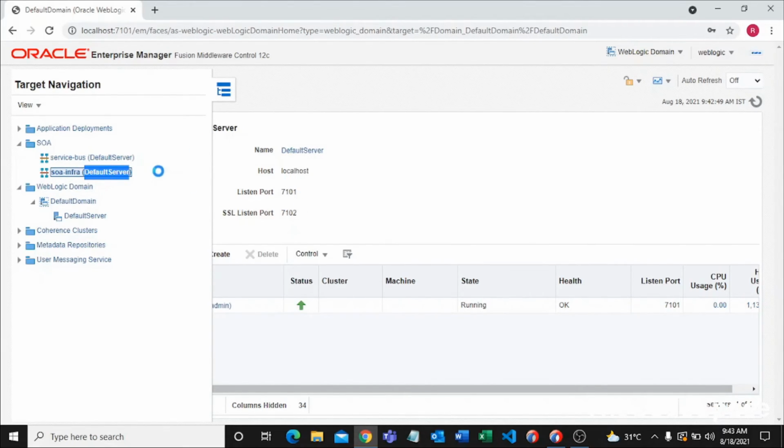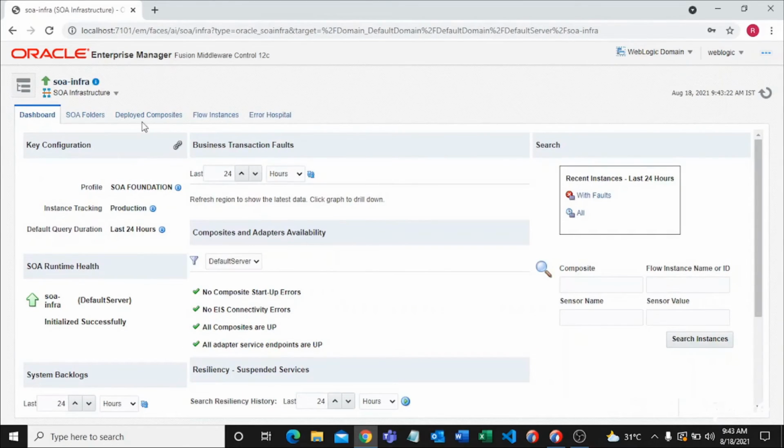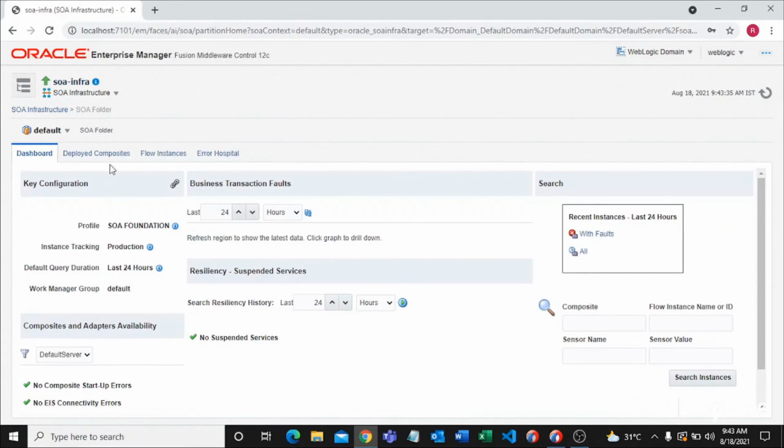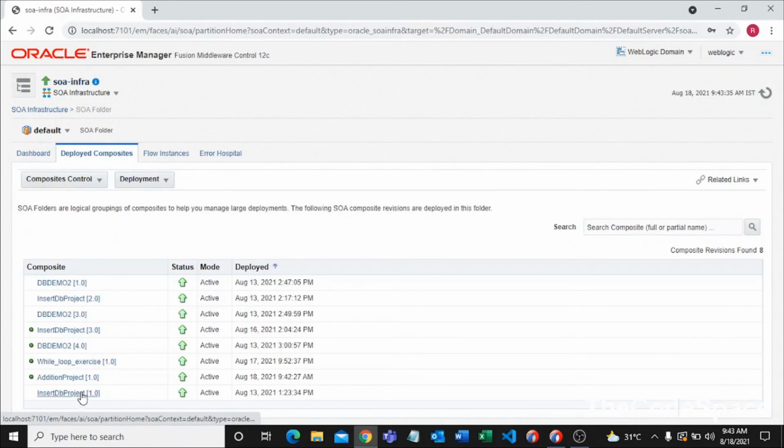Okay, now it is starting, and I'll go in SOA folders in which I have uploaded my service. So in default folder I did that, so I'll go in default folder and deployed composites, and here is my addition project, right? So I'll click on addition project.